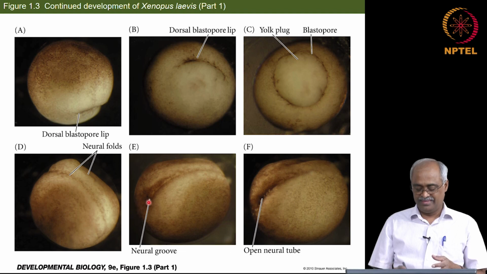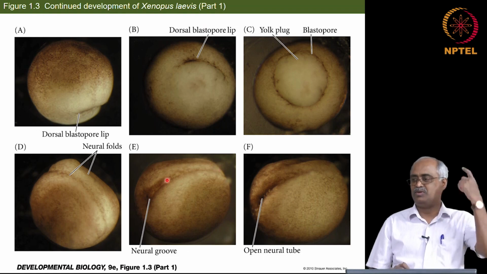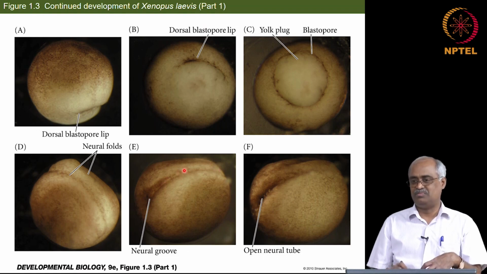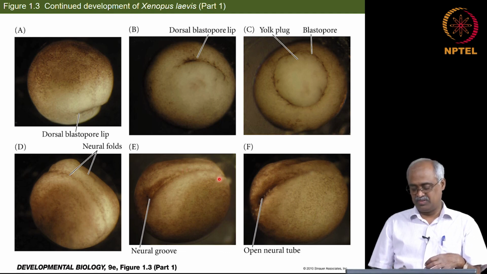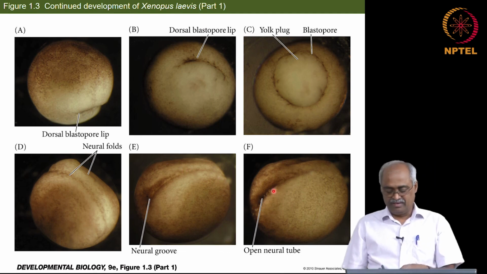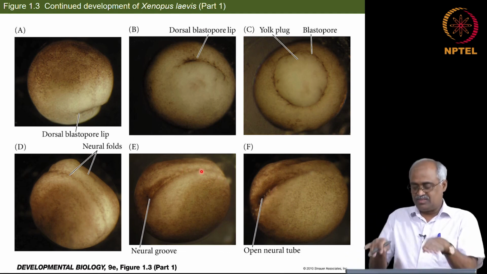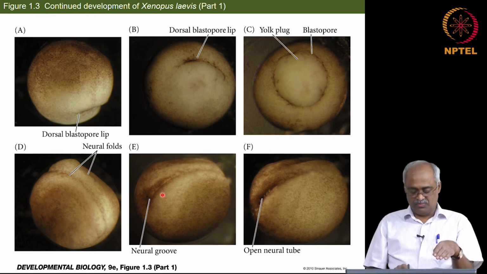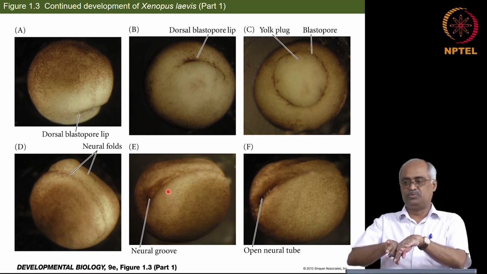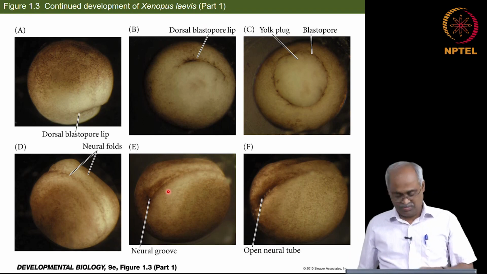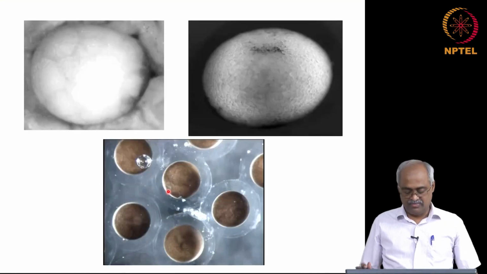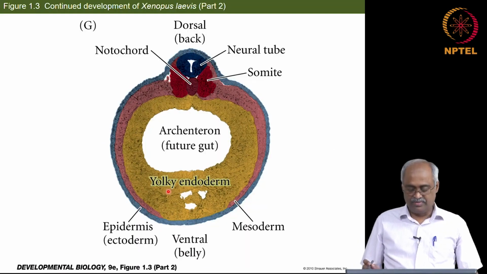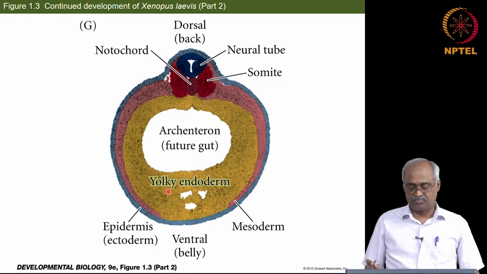Okay. So, one end is going to be the head, another one is going to be the tail, and this entire thing is going to be your spinal cord. This is not your vertebral column. Okay. These are the neuronal structures, so brain and the spinal cord, and then these neural folds eventually go and fuse. Okay. So, that is what happens, and that is visible in the next, then we will come back to play the movie.